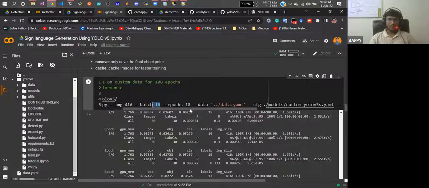If you have a better system, then you can increase that size. And I am considering number of epochs equal to 10 because I want to show you quickly. But if you are training it, at least train it around 300 epochs. Just mention here 300. So it will train around 300 epochs, but as of now I want to show you, that's why I will be training